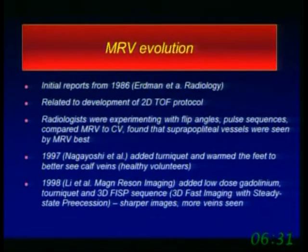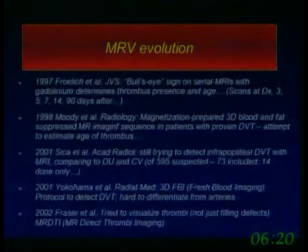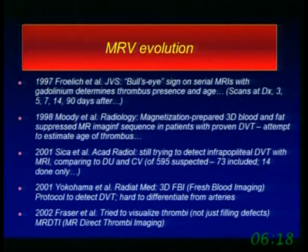And again, there are a lot of abbreviations, a lot of really fancy names for different types of protocols. It's a 3D fast imaging with steady-state precession. Sharper images, more veins seen, still not good below the knee. 1997, a big paper in JVS called Bullseye Sign and Serial MRIs with gadolinium determines thrombus presence and age, because before there were also these debates,